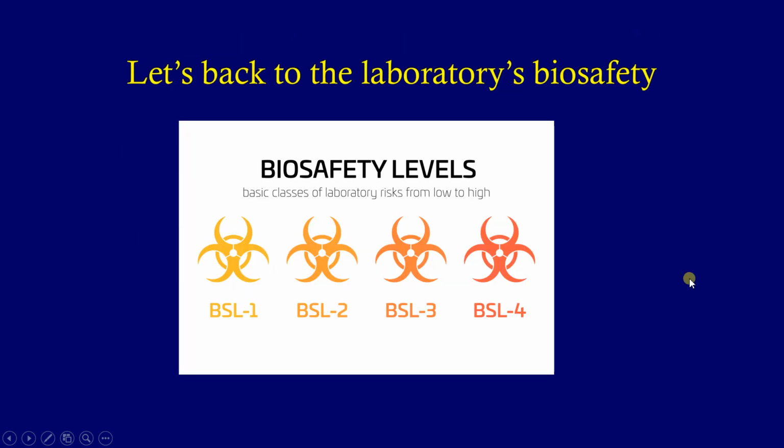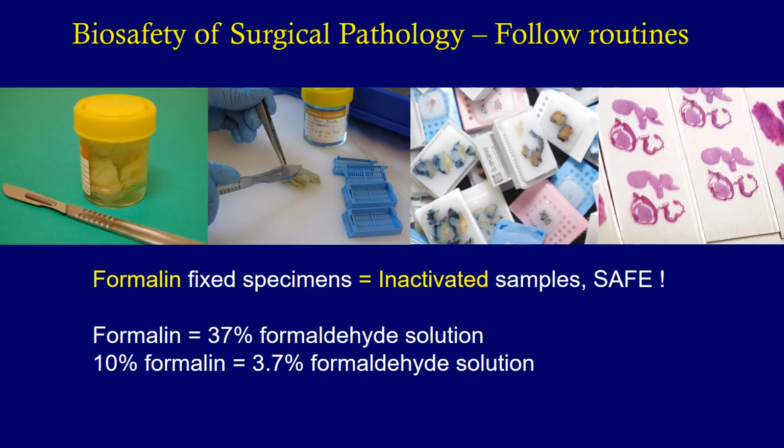And lastly, we will go to our major work of this topic, the laboratory biosafety. Firstly, we will talk about surgical pathology. In conclusion, just follow the routines, because most of the surgical pathology samples are